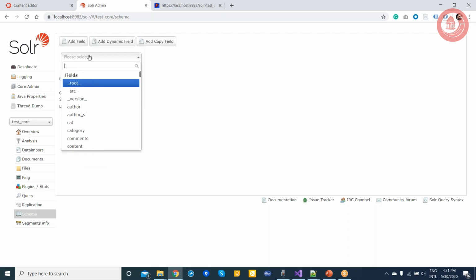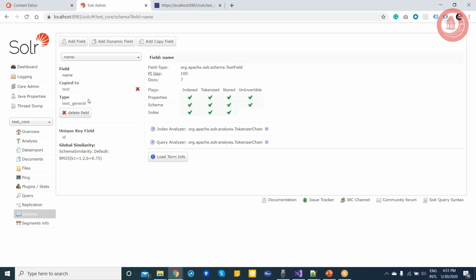So if you go and search for the field which we have created, name, you can see this name field is indexed, tokenized, stored, and so on. I have that on different meanings. I won't discuss more about this one, but let's discuss this section.